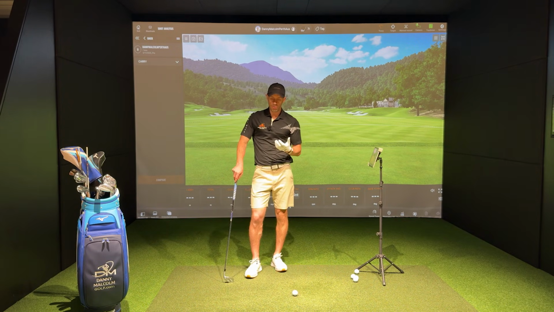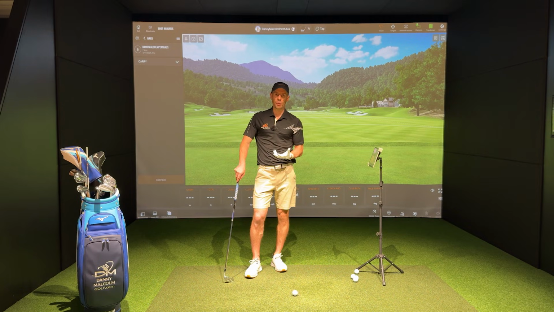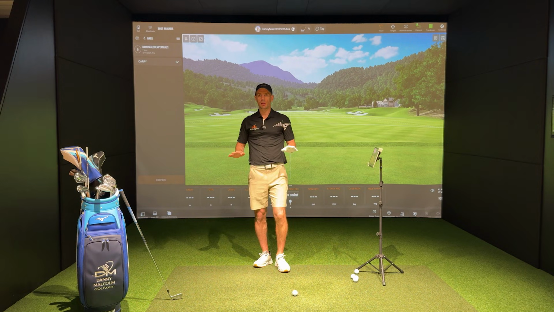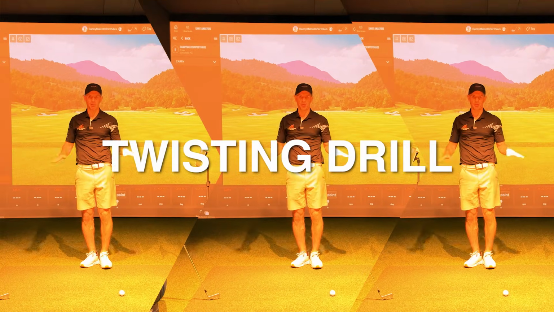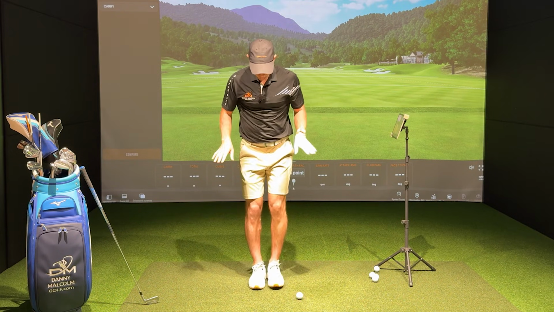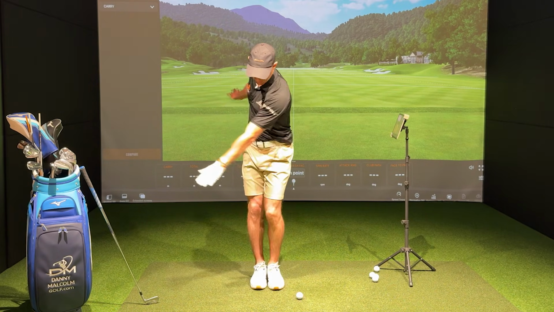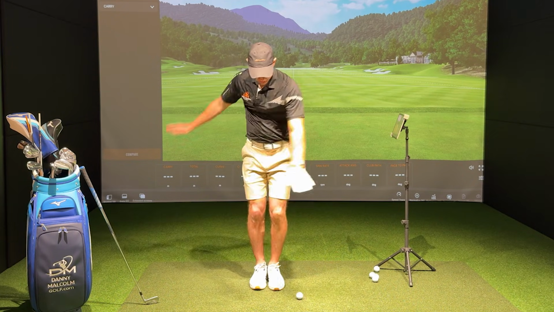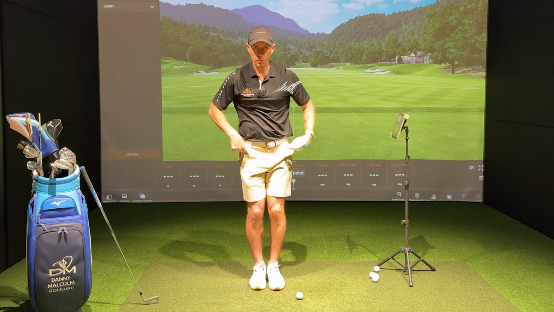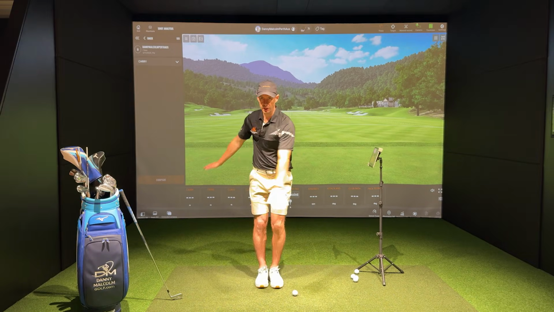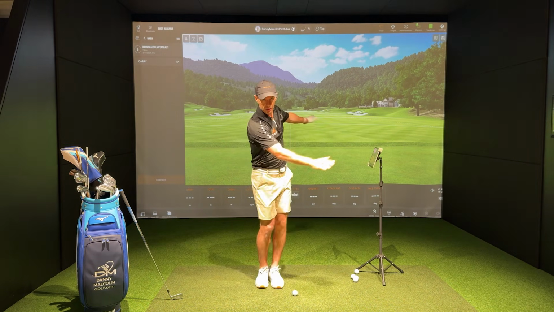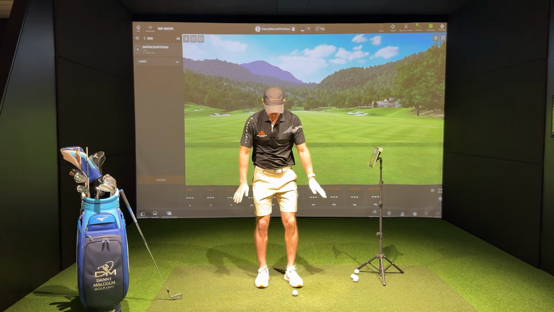Now, with regards to training that out of your golf swing, the first drill I would like to offer is just a bit of a twisting drill. No fancy term for it, just twisting with your feet together to start with. So generally, if we put our feet together and just get this idea of swinging and twisting around like this, you'll see naturally with the feet together, we're not going to sway, we're not rocking this way, we're not going to get that hip bumping across, just twisting in this fashion here, where you can see my hips are turning quite nicely. Then you can gradually widen your stance a little bit there,